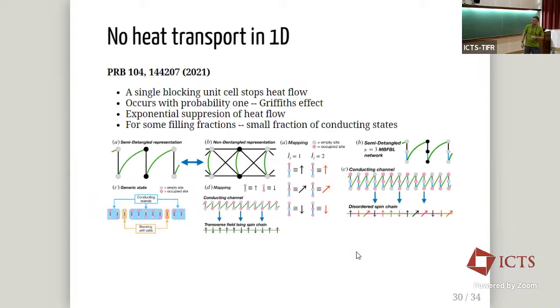in 1D at least, because everything in this case starts depending on the initial condition, namely how you populate these dimers. So if you think of a 1D chain and about various initial conditions, it's easy to see that if there's just one dimer that is empty, it cuts the system in two and no heat transport is possible. This is happening with probability 1 for a long enough chain. This tells us that in 1D, heat transport is exponentially suppressed with the system size, and in the thermodynamic limit is absent.